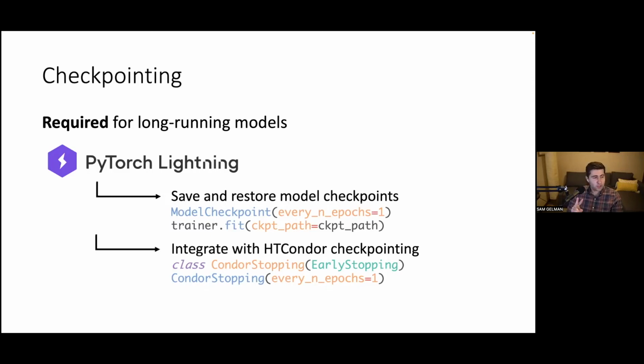So there are really two aspects to checkpointing. One is saving and restoring not just the model weights, but also the optimizer state and any other parameters that you have. And the other aspect of checkpointing is actually integrating with the HTCondor checkpointing system,